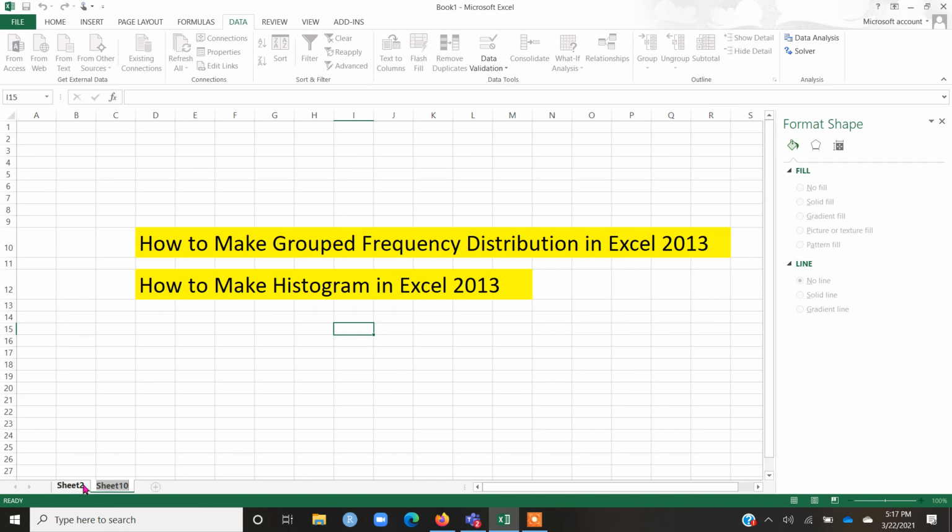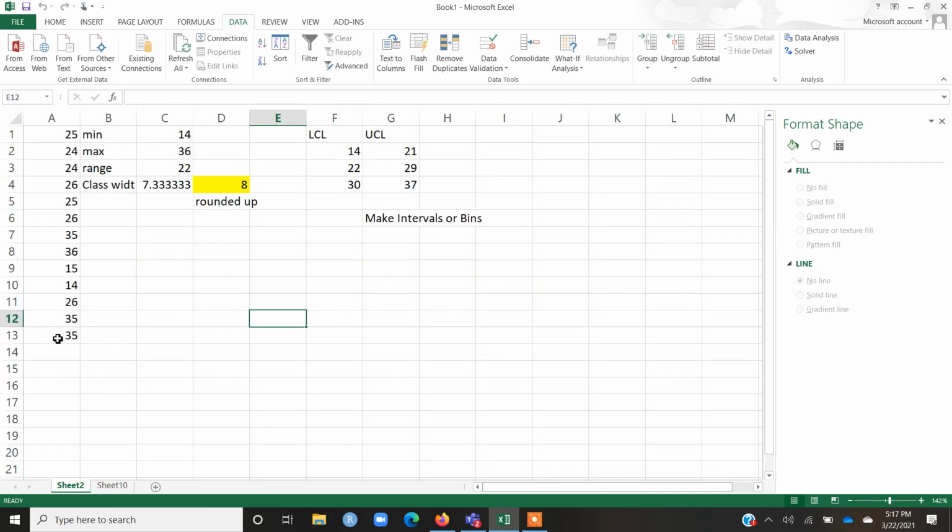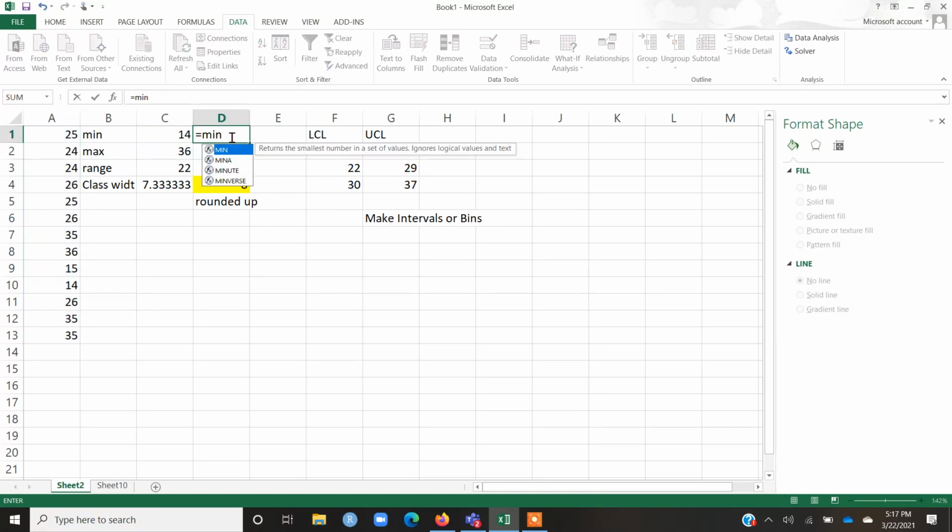Okay, so let's say I have data in this form. Let's say in column A I have the data. This is the only information I have, and I have to convert this data into a histogram. My first step should be to calculate the minimum of this data. So I have used the MIN function and I selected the array. Just for your ready reference, I can use equals, then MIN, and then within brackets I can choose this, and that's how the minimum is computed.